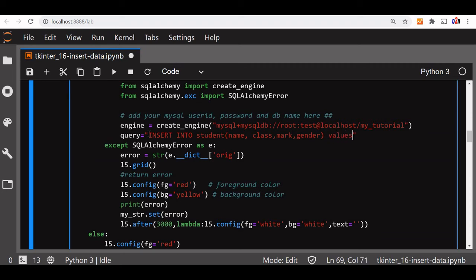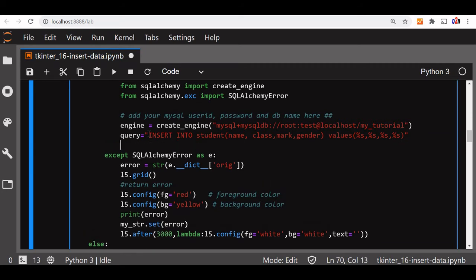Now what I am inserting, I will use a parameterized query. You can see our video also on what a parameterized query is. All are strings I am entering. So, sorry, it should be percent s, again percent s, four data are there, so four of them. Now this is the parameterized query. The reason it is better is that there should not be any injection attack. The parameters go separately from the query.